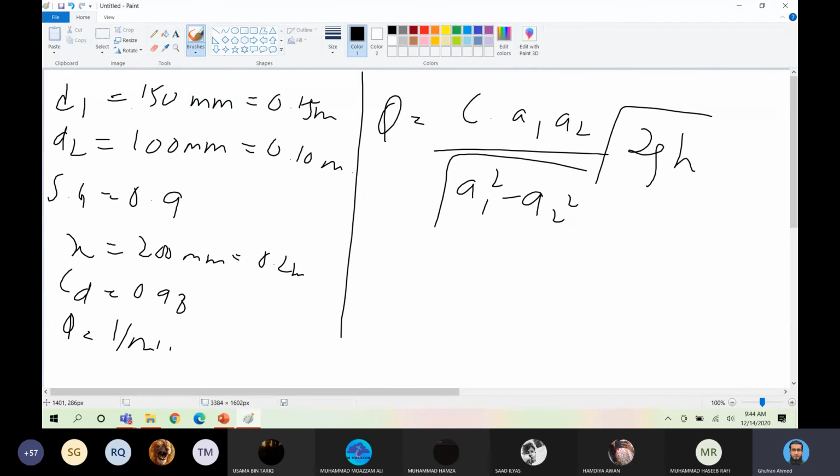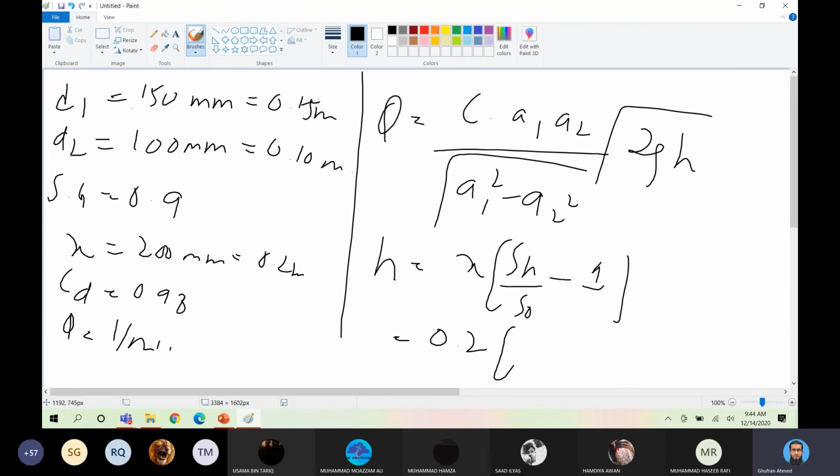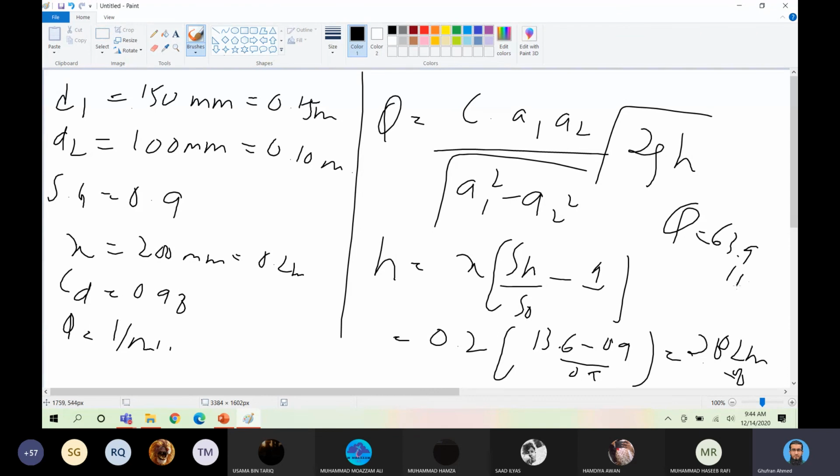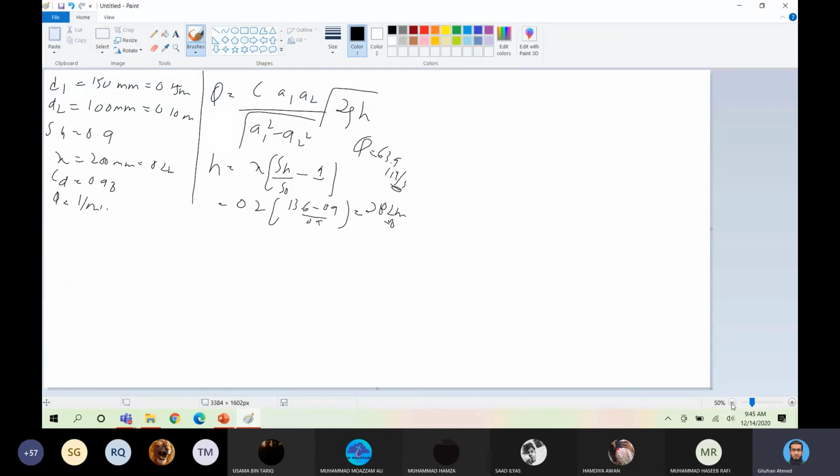ओके, अब D1 है D2 है, उससे A1 A2 आ जाएगा पाई D1 स्क्वायर बाय 4 करके। ठीक है जी। और H का फॉर्मूला है जी X टाइम्स (S_H divided by S_0 minus 1) और X 0.2। अब इसको एलसीएम वो ले लें, सो 13.6 माइनस 0.9 डिवाइड बाय 0.9, सो H के आगे जी 2.82 मीटर्स ऑफ ऑयल। वंस यू हैव H, एरिया भी कैलकुलेट कर लें, सारी चीजें Q के अंदर डालें, सो यू विल हैव Q इज इक्वल टू 63.9 लीटर्स पर सेकेंड। ओके, और आप उसको 60 से मल्टीप्लाई करके 3834, आंसर मैं आपको बता रहा हूं।